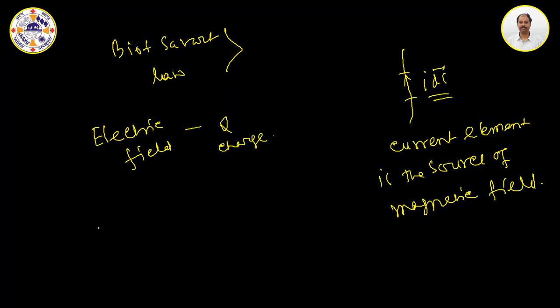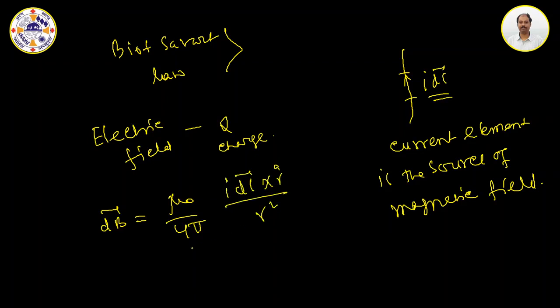Now, what is the Biot-Savart law? dB equals mu 0 by 4 pi I dl cross r hat by r square. I already informed you why this term mu 0 by 4 pi comes. It is merely a constant to fit with a proper unit system. Now what is the direction of dB? If I draw a simple figure,